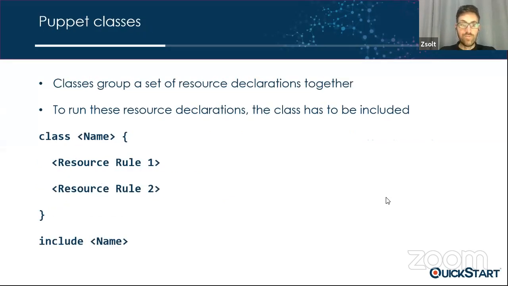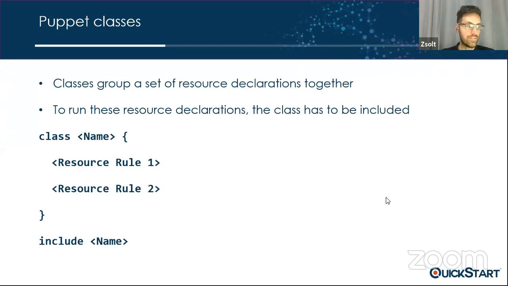Now, these Puppet resource descriptions are very much like functions or methods inside, let's say, an object-oriented program. And there is a higher level construct called a class. A class can contain internal variables and also rules. So the rules are the same that you saw already, like file, user, and so on. And classes have a class name.